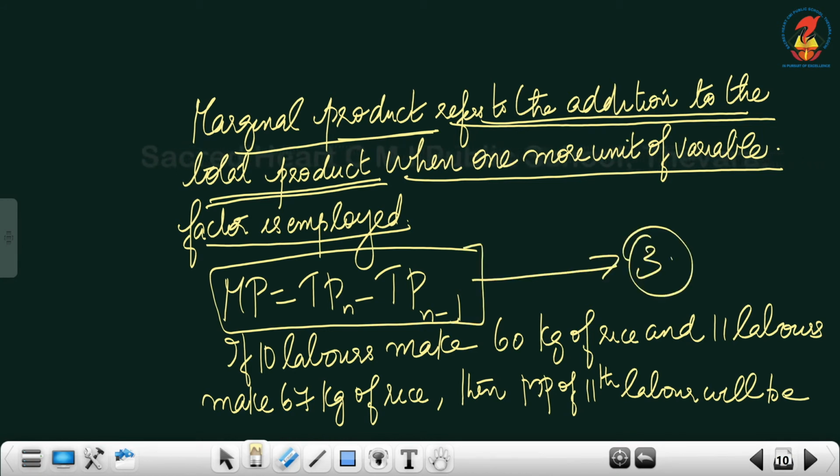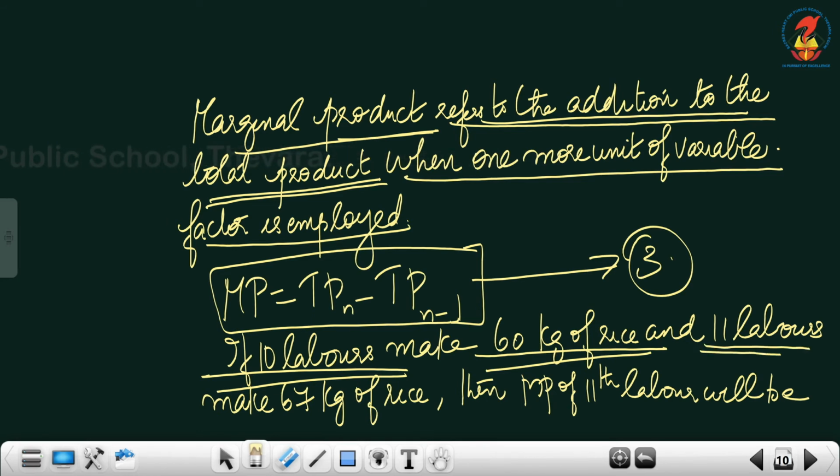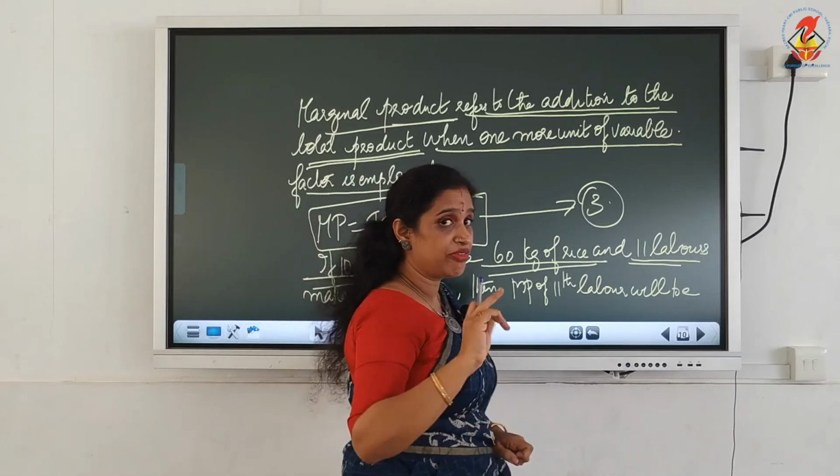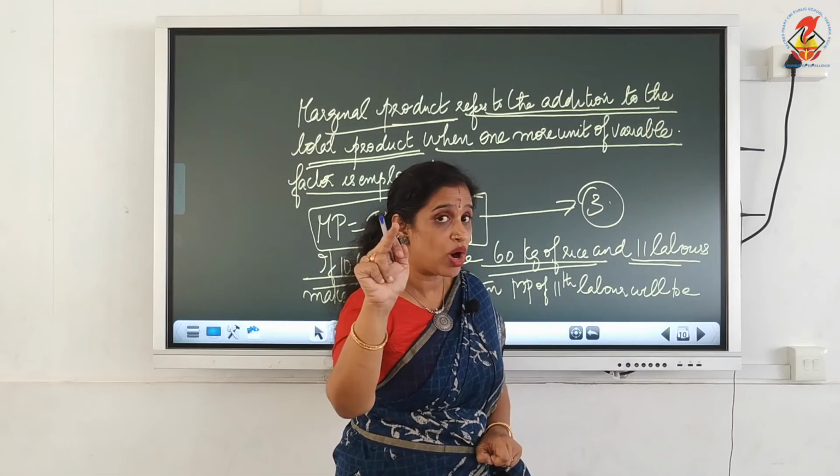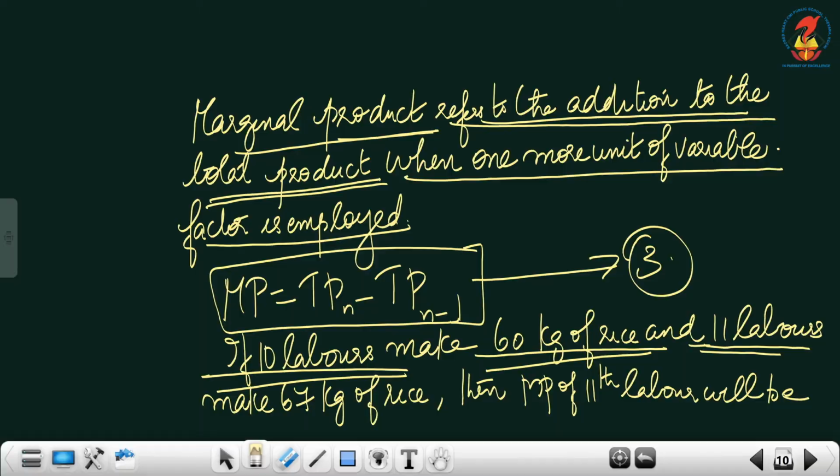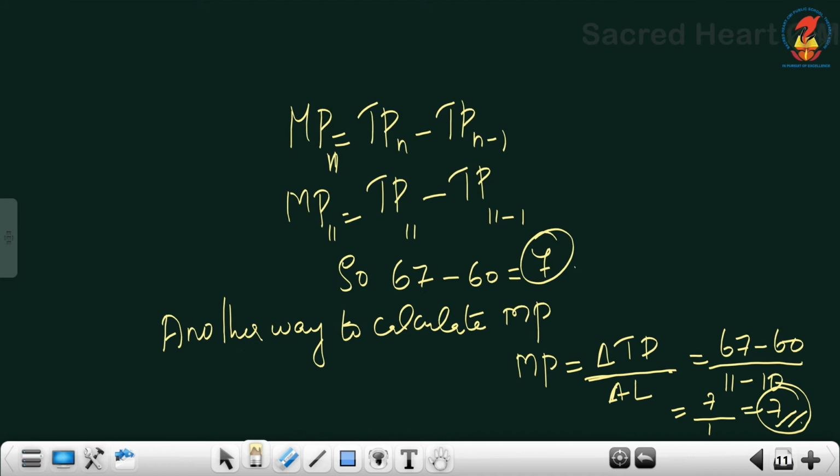Let us see an example. If 10 laborers make 60 kg of rice and 11 laborers, one labor has increased. I told you we are going to see, if one more labor is added, what will happen to the output. And 11 laborers can make 67 kg of rice, then the marginal productivity of the 11th labor will be